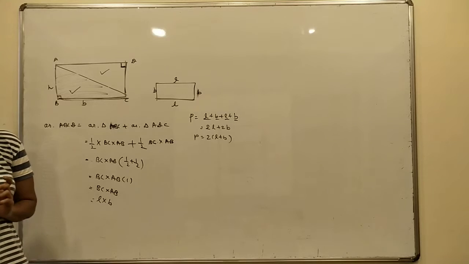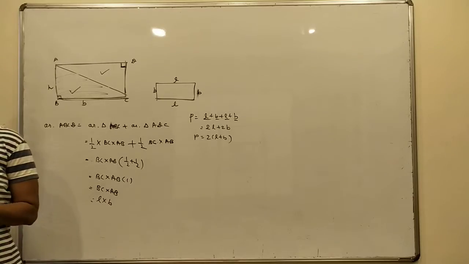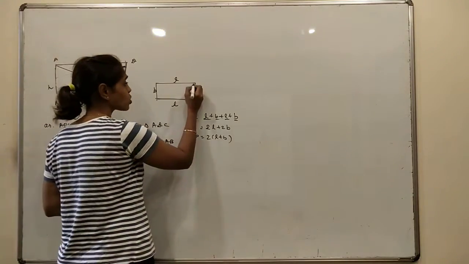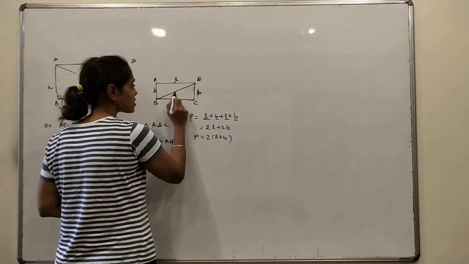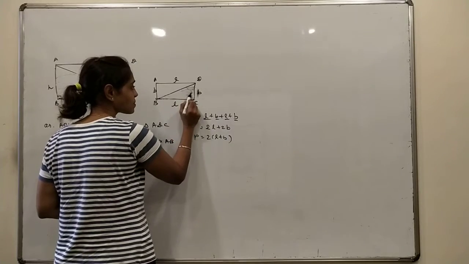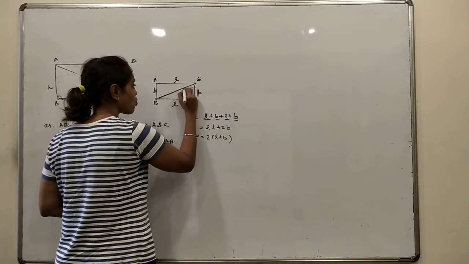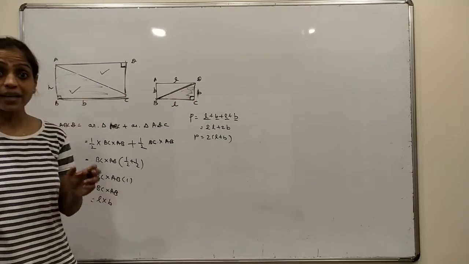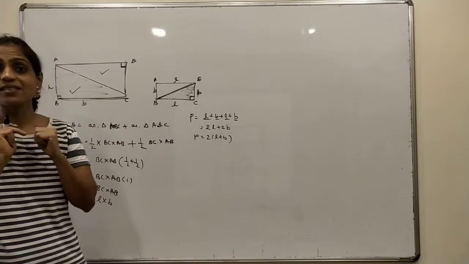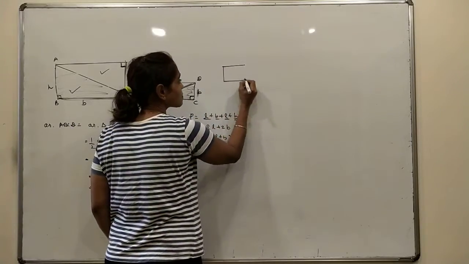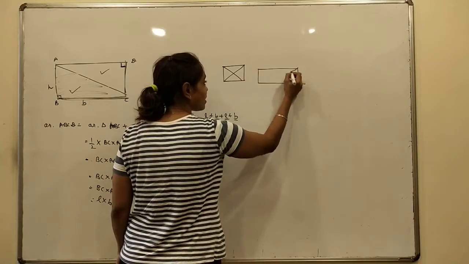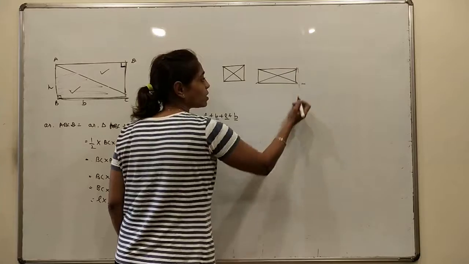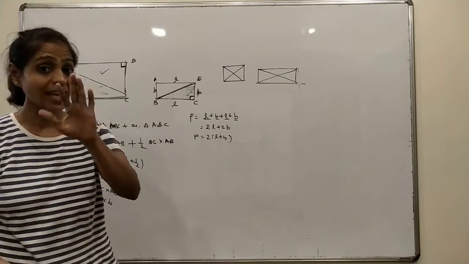Now in this chapter, area and perimeter, we will define the diagonal. Let's see what its diagonal is. A, B, C and D. If we consider triangle BCD is a right angle triangle, and if I want to find its diagonal, you know that in a square the diagonals are equal, and in a rectangle the diagonals are also equal. Square and rectangle diagonals are equal.